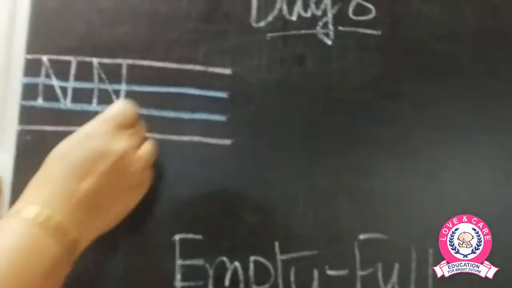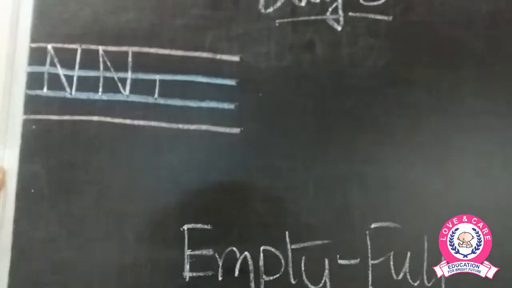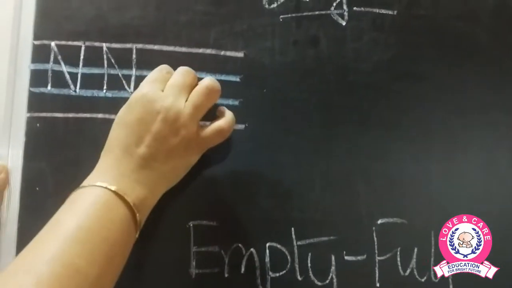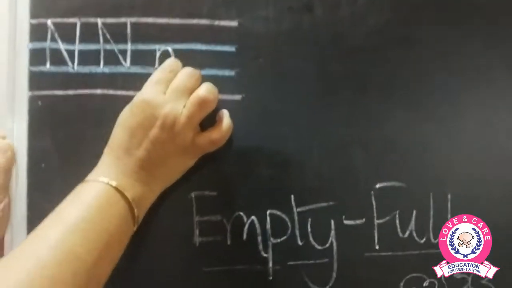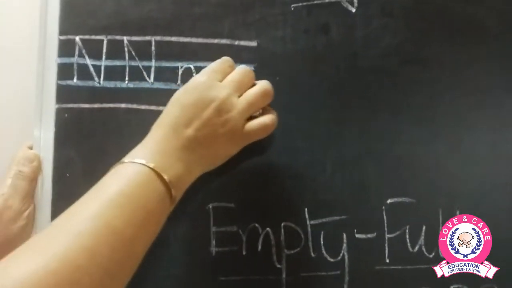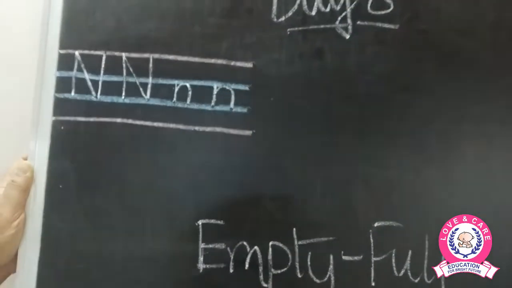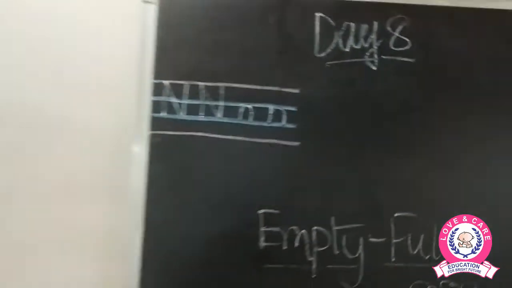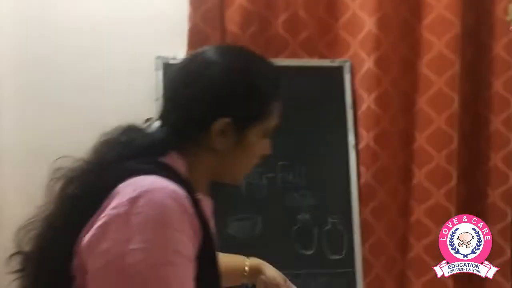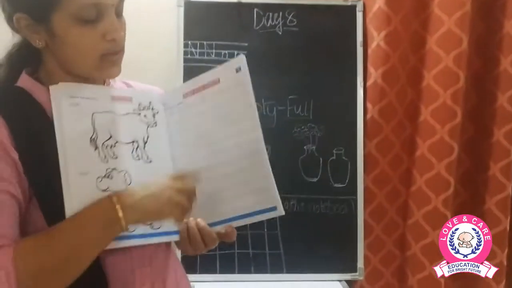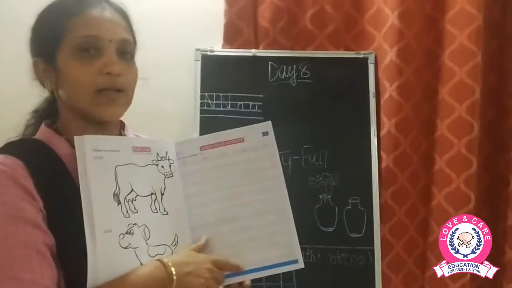Now coming on to the small letter N, standing line बनानी है between the two blue line और एक bumpy pattern देना है. The standing line should be there. Standing line and then a bumpy pattern. Okay, so here in the book you have to press and finish up writing the letter N.